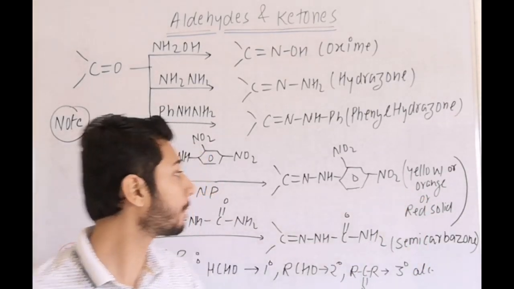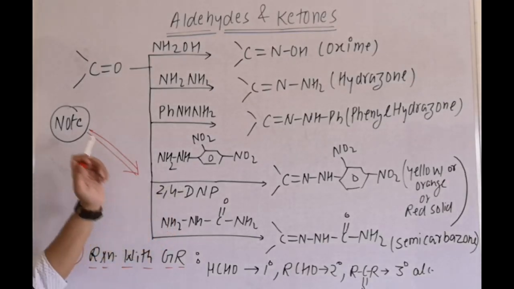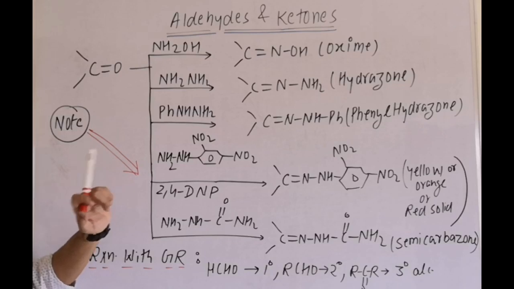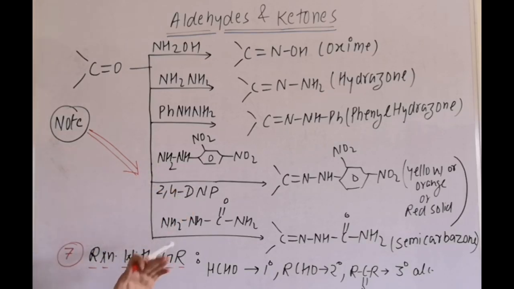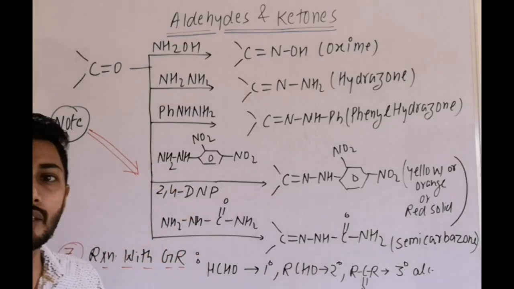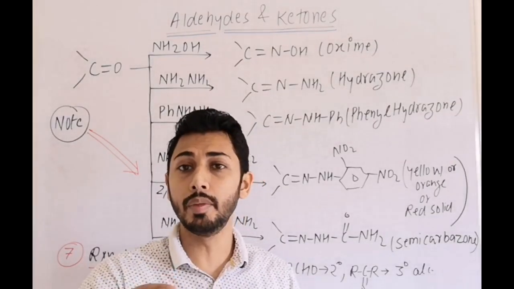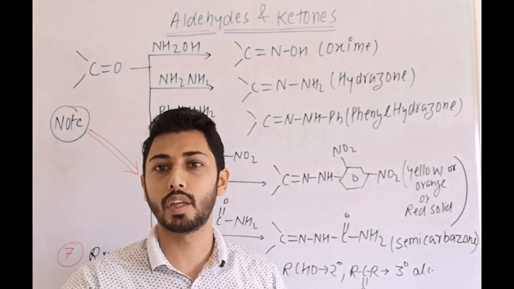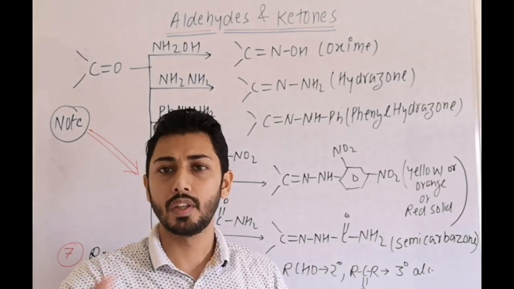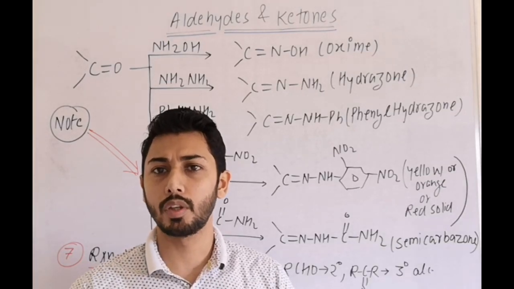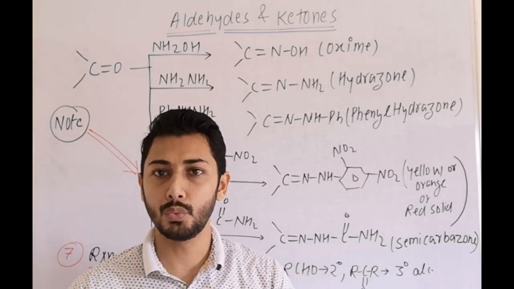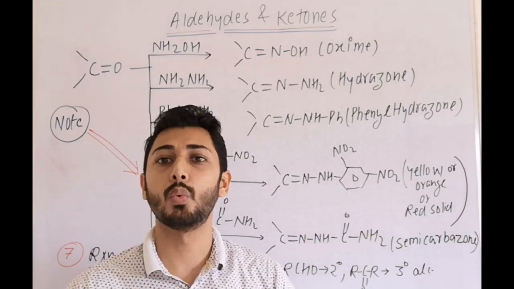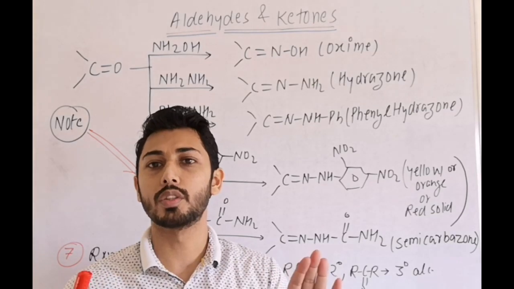So you can mention in your notes while listening to the lecture that this 2,4-DNP test is used as a practical organic test to identify carbonyl compounds. Carbonyl means both aldehydes and ketones react with 2,4-DNP to give a yellow precipitate. If the sample does not contain a carbonyl group, then after treating with 2,4-DNP, no such orange or yellow precipitate appears, which indicates a carbonyl group is not present.